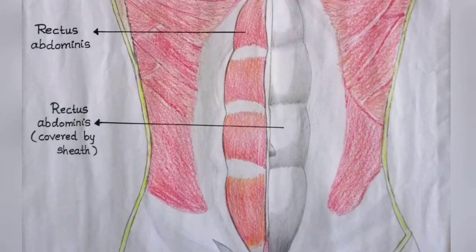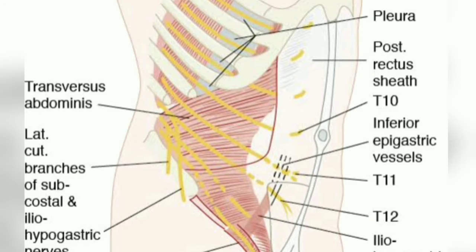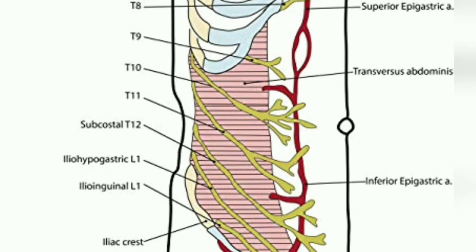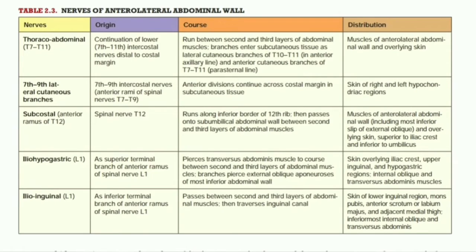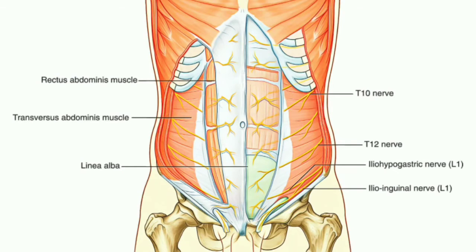The rectus abdominis has many sources of arterial blood supply, mainly the inferior epigastric artery, the superior epigastric artery, the internal thoracic artery, and numerous small segmental contributions from the lower 6 intercostal arteries. The rectus abdominis muscle is innervated by the thoraco-abdominal nerves, which enter the rectus sheath by piercing its anterior surface. These nerves are simply the anterior divisions of the 7th to 11th lower intercostal nerves that continue to supply the